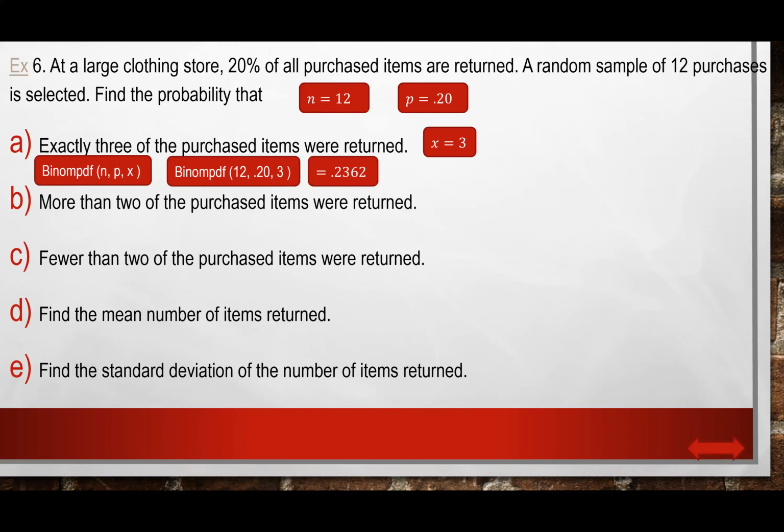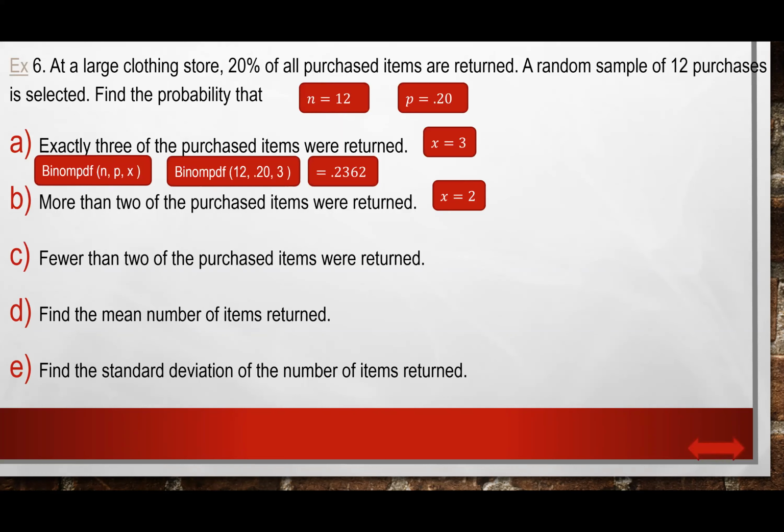And make sure that, because my calculator can only calculate the cumulative item on the left side. For me, my binomial CDF can only calculate to the left side of the value. So I tell my calculator to calculate up to 2, right? Calculate the 1, calculate the 2, calculate the 3. Add them all together,